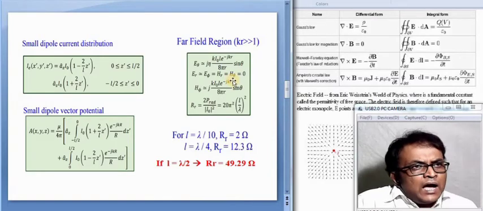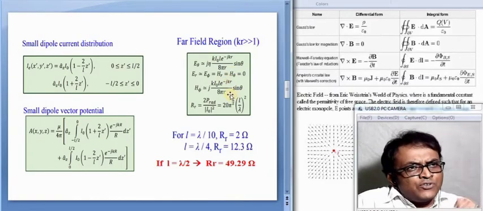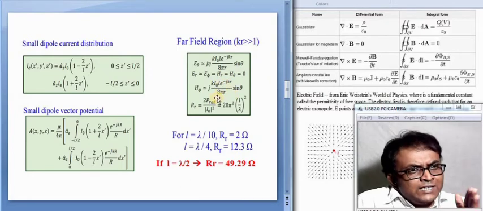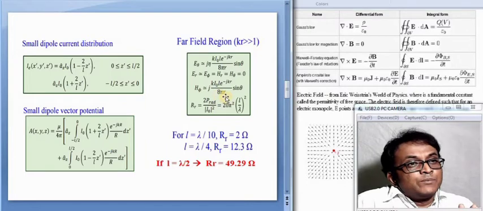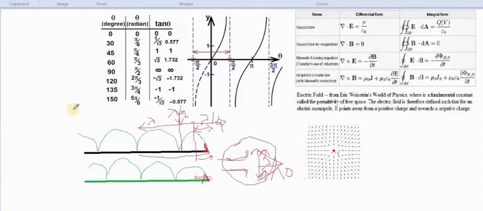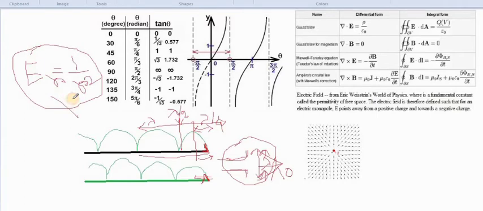And also we find that for the far field, the electric field pattern ER is only confined in the near field region, because the electric field pattern ER, that is the radial component of the electric field, is inversely proportional to 1 by R square. As it is R square, it will only be feasible when the value of R is very small. That's why we can say it is a near field condition. So in the far field condition, this field will not survive.